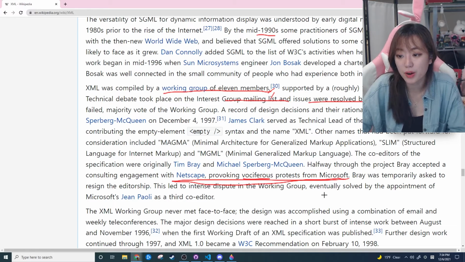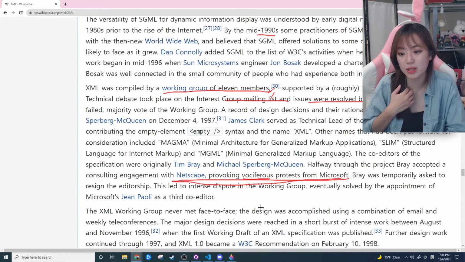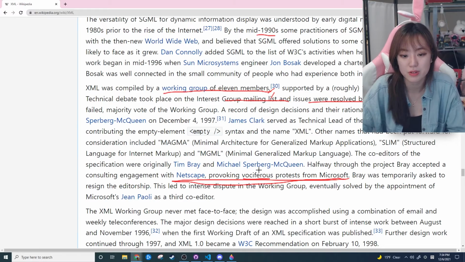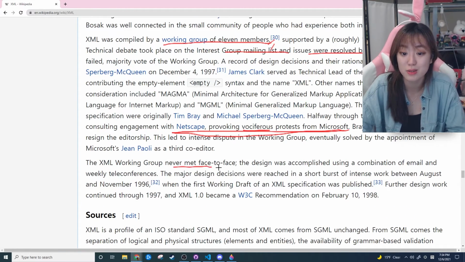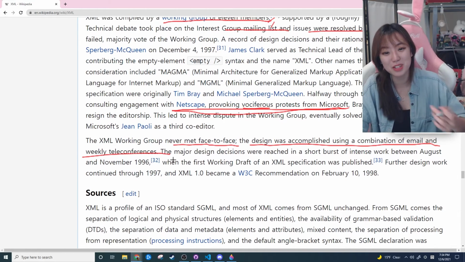Bray was temporarily asked to resign the editorship. This led to intense dispute in the working group, which was solved with Microsoft as third co-editor. They worked together. Oh, they never met face to face though. The design was accomplished using a combination of email and weekly teleconference. And they got this work done? Wow, they are the leading group of